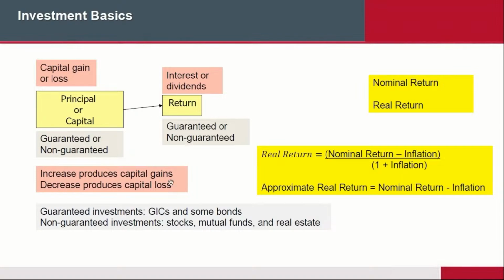Now, remember also, besides the fact that you can buy products that obviously have a higher return but a higher risk, you can also buy guaranteed investments such as GICs and bonds, okay? Those people that have a very high risk tolerance can buy non-guaranteed investments like stocks, mutual funds, and real estate. But for those people that have a very low risk tolerance, in other words, you don't want to lose any money, your best bet is to stay within guaranteed investments such as GICs, bonds, things of that nature. But remember that because there isn't much risk, there also isn't much return. As they always say, no pain, no gain.